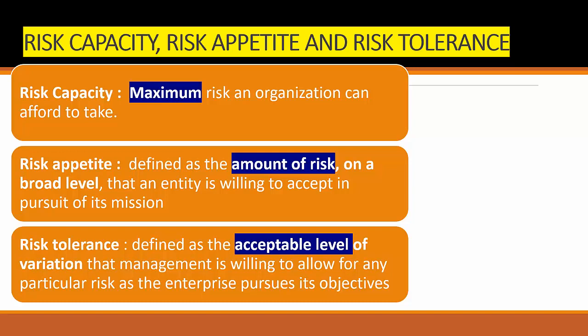Remember this from an exam point of view. Risk appetite and risk tolerance need to be defined and approved by the senior management, with a process in place to review and approve any exception at the appropriate level of authority. And this information should be clearly communicated to all the stakeholders.